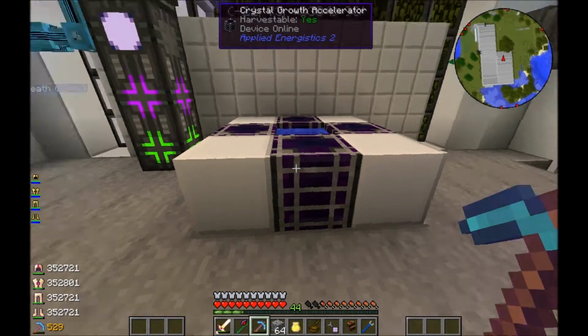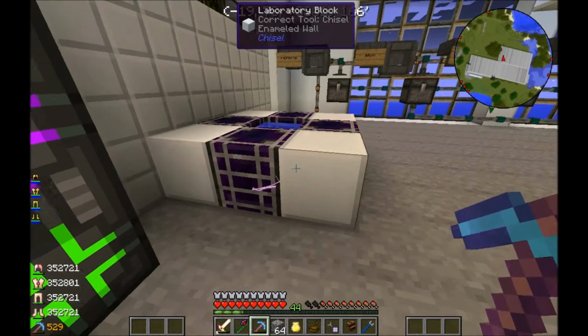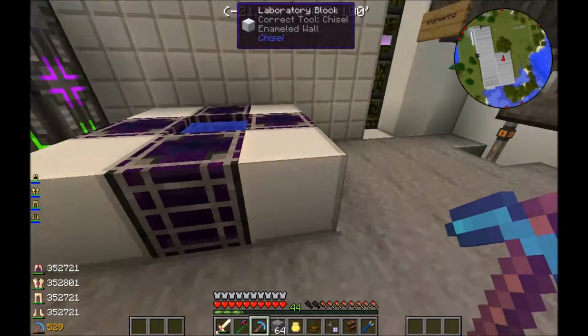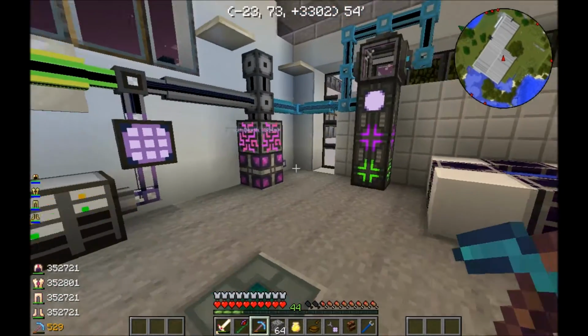And then these things are all powered from underneath, and you can see the little lightning effect is kind of cool. But yeah, those things will help those seeds grow. And like I said, this is powered from underneath. And once you have those, a lot of the